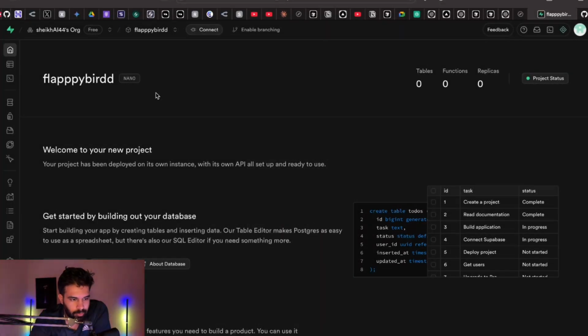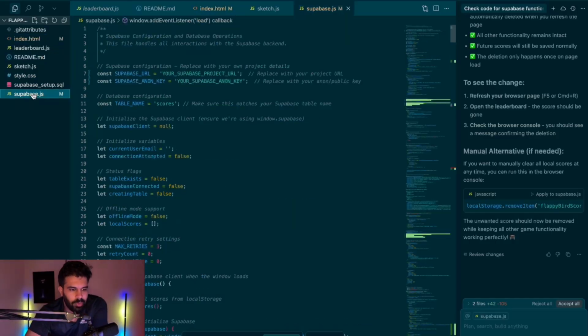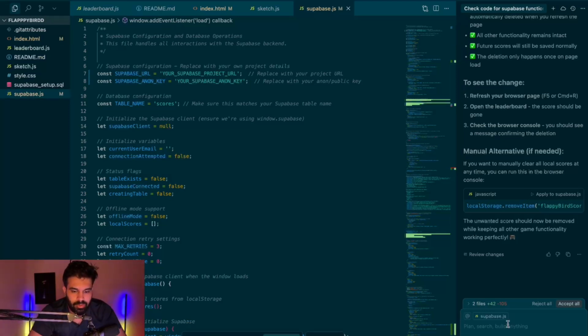I have created my Flappy Bird project. So now you have to copy your API keys from Supabase and implement those into the Cursor project. In the supabase.js, you will see over here you have to copy paste your Supabase project URL and then key over here. So now I will ask Claude to make an